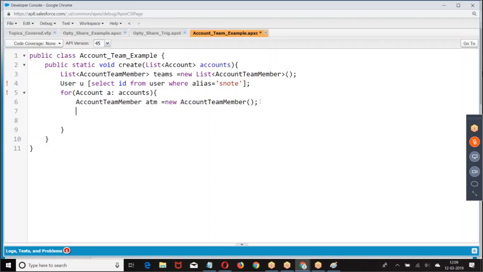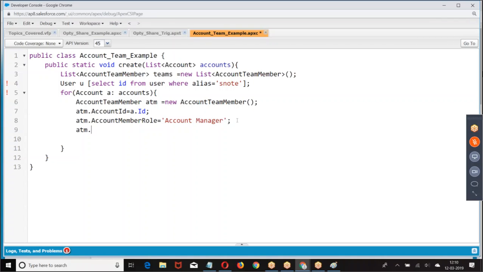Then I want to share. ATM dot account ID equal to, then account team. I'm going with account manager.